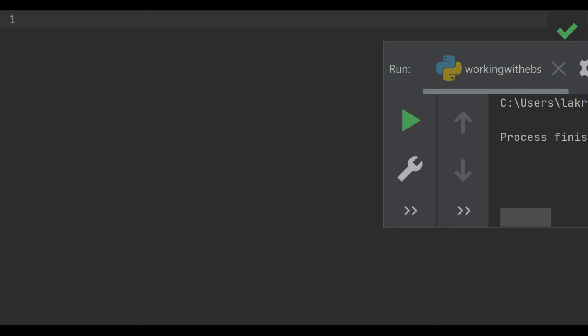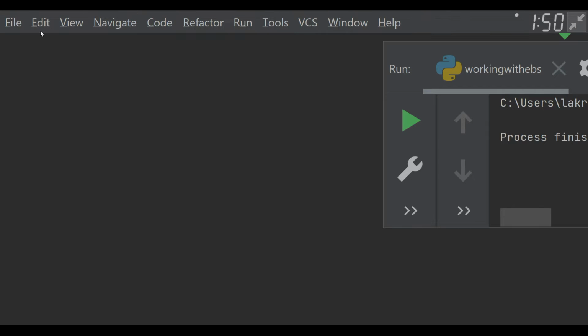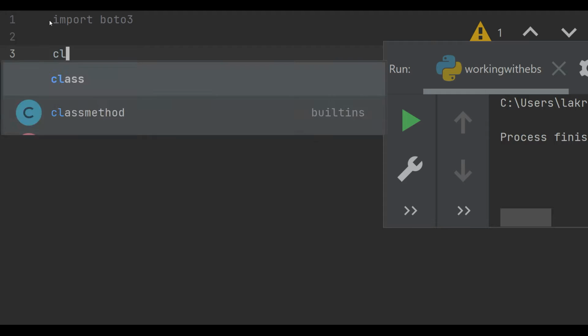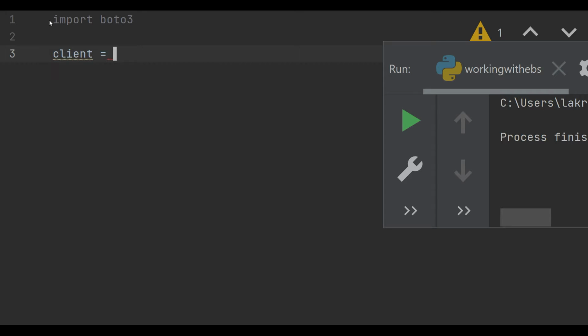Hello all, welcome back. Today is an extension of my last video where I created an EBS volume and also created a snapshot of the volume. Today we will see how to attach the volume to an EC2 instance and copy the snapshots from one zone to another. To start with, let me import the boto3 module. So I will import using the import command, import boto3. Then I will create a client resource, client equals